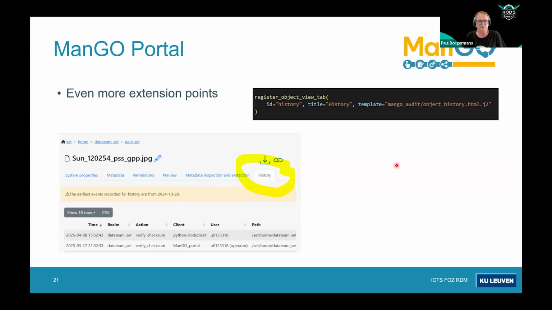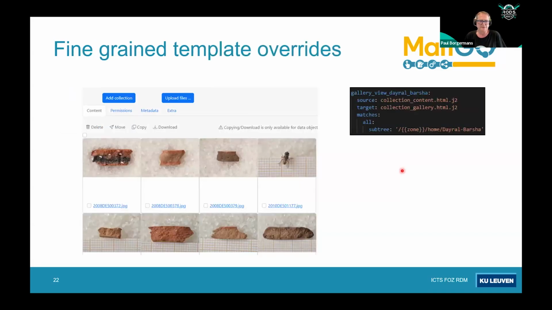Another example is more fine-grained template overrides. Here is an example of a gallery view where the normal content tab that shows just boring names instead shows thumbnails of the pictures that are stored within it. And how this is done is also through configuration in YAML files, where we have this template override system that is applied in many places in the ManGO portal, and where you can say, okay, for a normal collection content view,